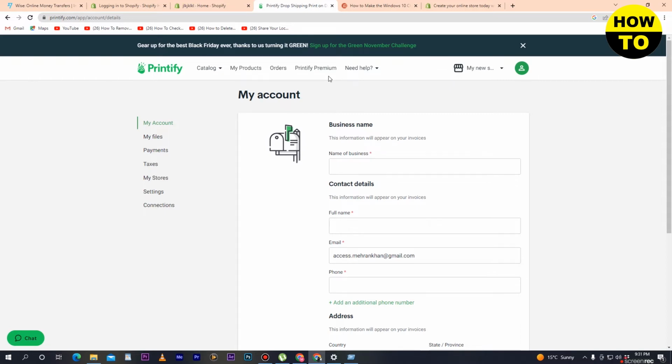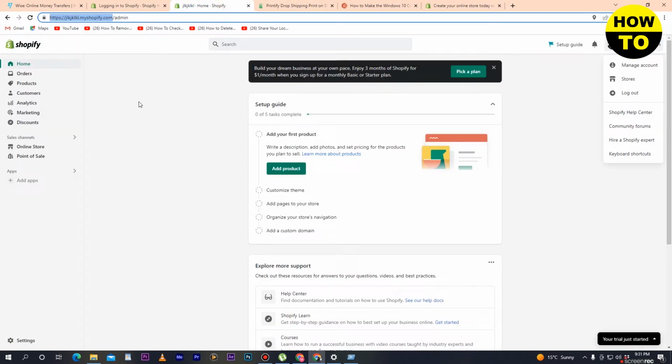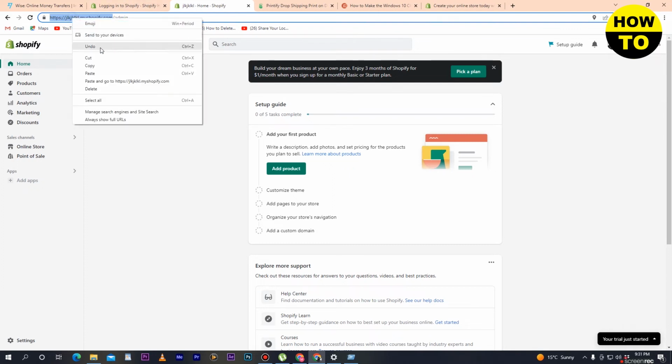So after you have created your account, simply you have to click on this down arrow button, and after that just click on manage my stores. So now after that, here you can see the connect option. Now what you need to do, you have to go to your Shopify account and just copy this URL. So simply just note that you don't need to copy admin, simply you have to copy your store URL, and